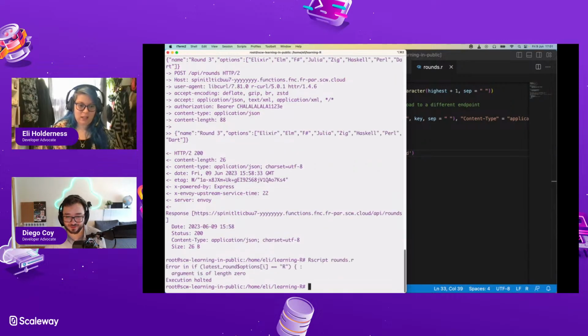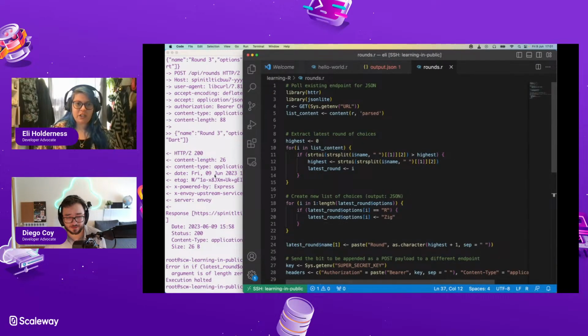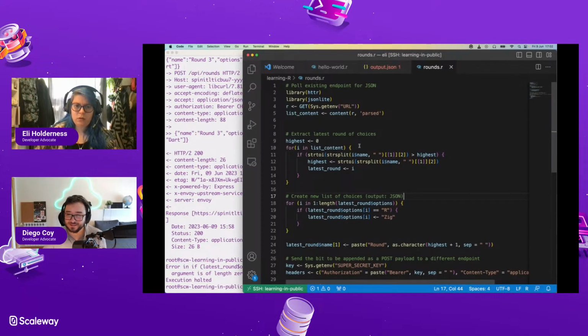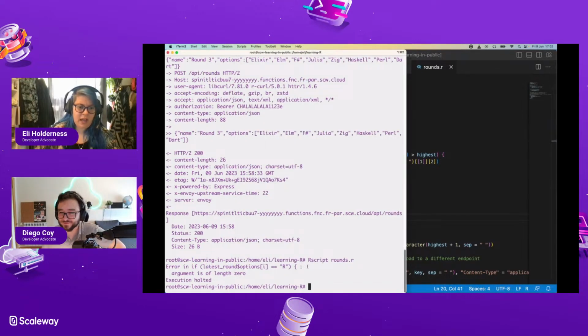Worth giving a shot. Argument is of length 0. If latest round options. What did I do? I didn't change anything here. Did you reset it? I did. Interesting. Error in that, argument is of length 0.